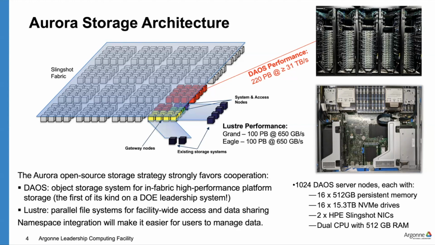That's one of the ways we can achieve this very high performance on DAOS, because it's connected to this fabric. You can see here the legacy file systems that we have that are Lustre are on some storage fabric, which is external to Aurora. And so you access them through these yellow boxes. Those we refer to as gateway nodes. So in the case of Lustre, your LNet router is running on the gateway nodes, and that bridges the storage fabric and the high-speed fabric of Aurora and is how you can communicate to Lustre. And so part of this, the external bandwidth is gated by how much external traffic we can send to the storage fabric.